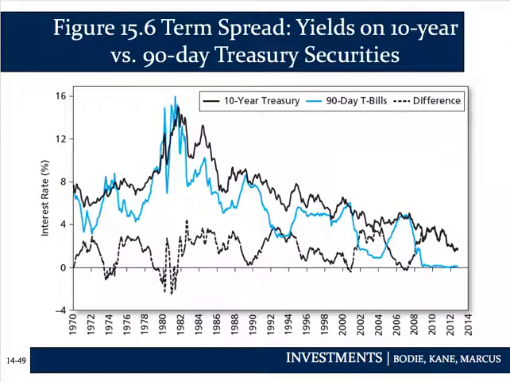As you can see, the term spread, the yields on the 10-year versus the 90-day Treasury. Over time, we've got the 10-year Treasury, the 90-day bills, and then the difference. You can see this starts at 1970 and works all the way to 2014. And you can see that they follow each other pretty closely over time, but they don't exactly follow each other. And then, of course, the yield spread, or the difference, spikes at different times in our past. You can see all of the movement in